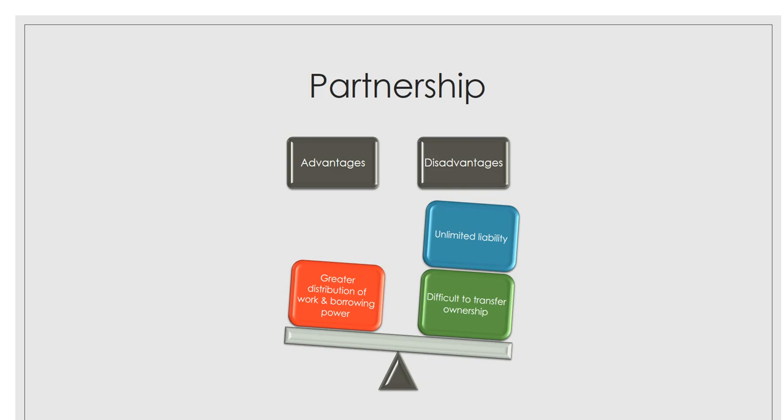A partnership, this is where a group of individuals work together to form a business. So 2 or more people. In every partnership, there is at least one general partner. That general partner does have unlimited liability, but those limited partners do have limited liability. And when I say limited liability, that means that they are only on the hook for the money that they contributed